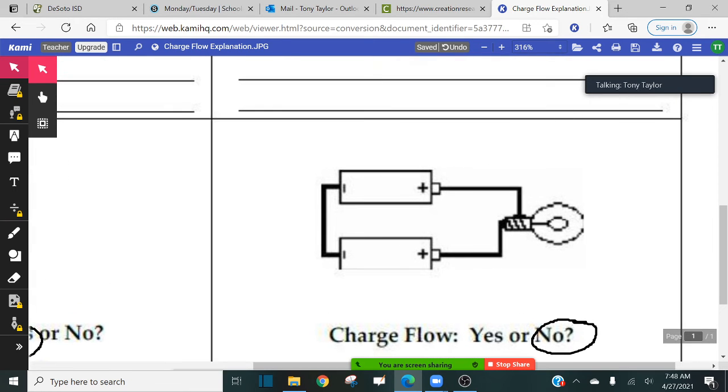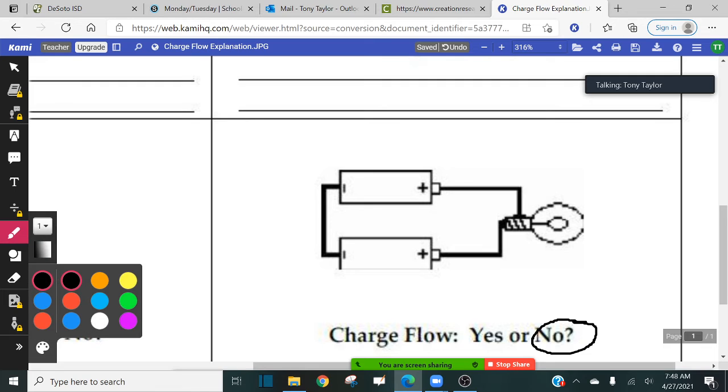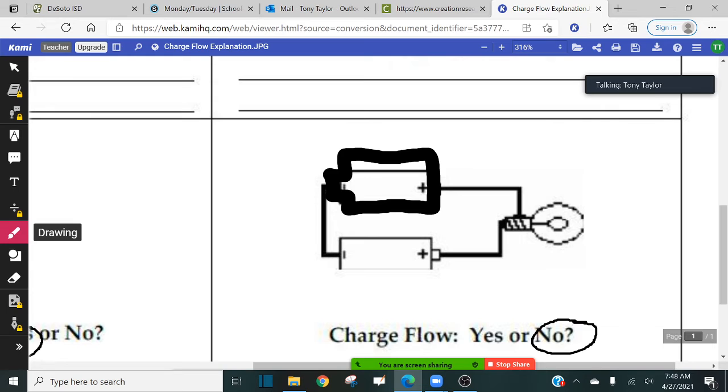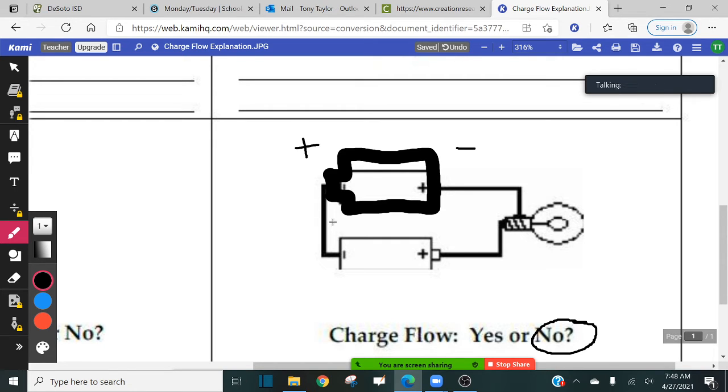You would have to take one of the batteries and turn it around. In other words, if you flip the battery such that this is now the positive end and this is the negative end, then you would get charge to flow, right? Because